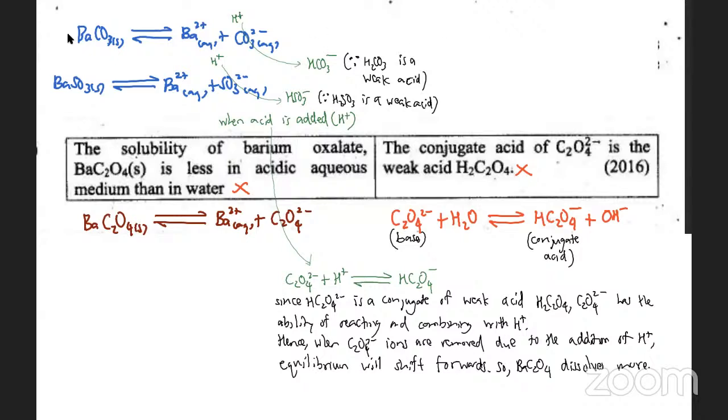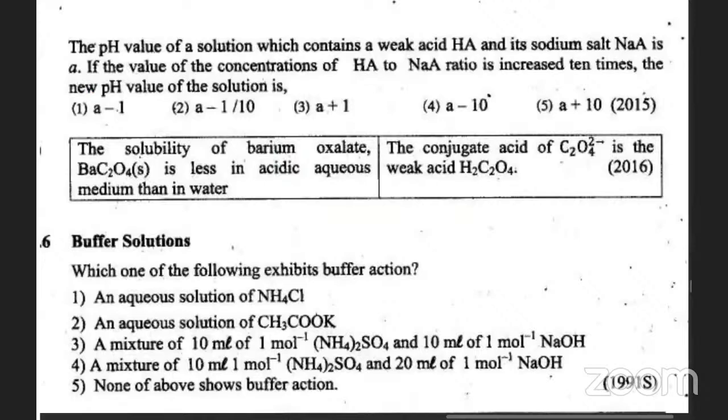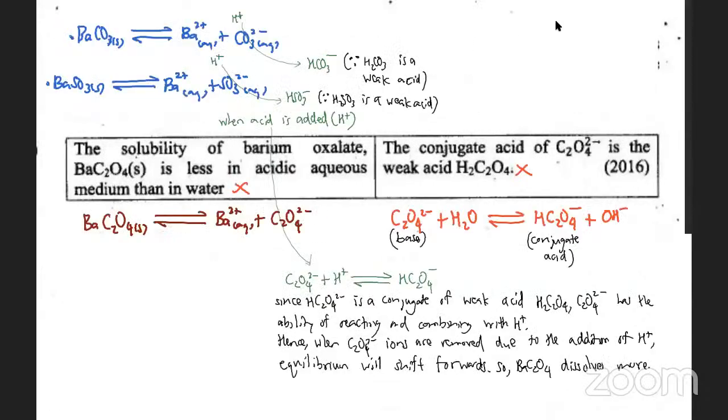These two dissolve well in acid. Oxalate also like that. But tell me one that doesn't dissolve in acid. A barium salt which doesn't dissolve in acid. We have learnt in inorganic many times. Barium sulfate, exactly, barium sulfate. Now we need to know why it doesn't dissolve in acid. We have learned many times that barium sulfate is a white precipitate which does not dissolve in acid. The reason is this: barium sulfate